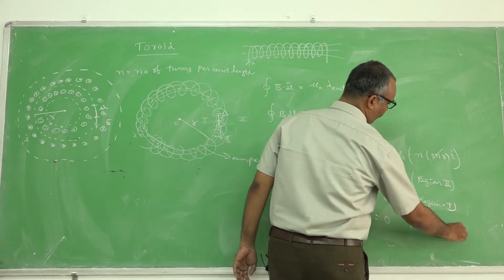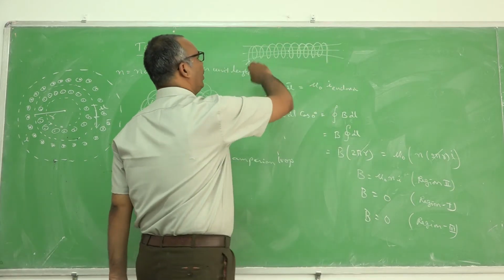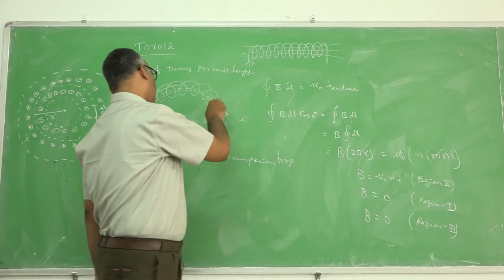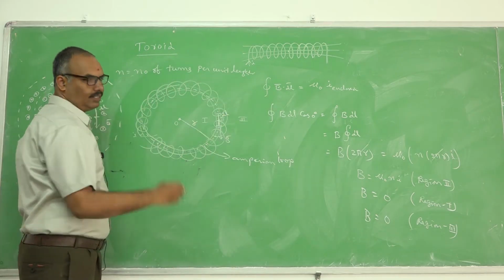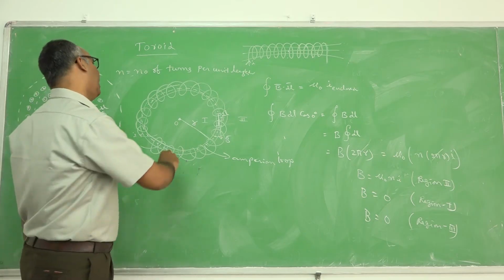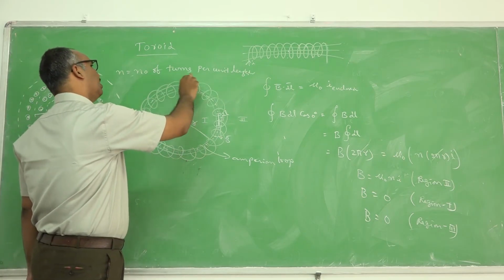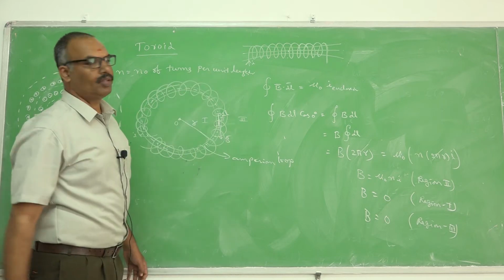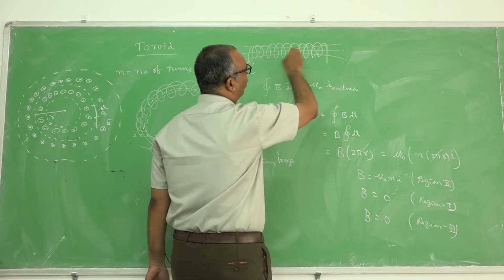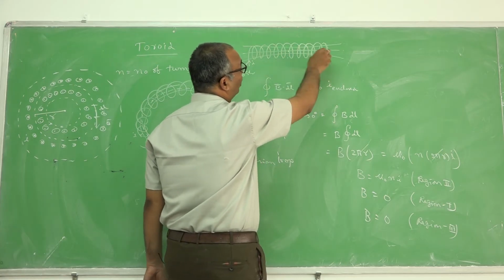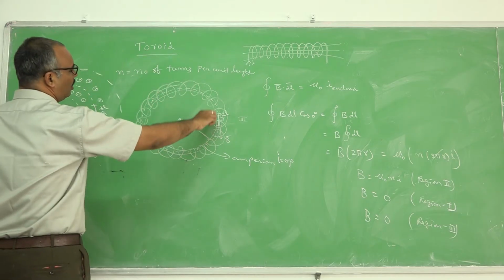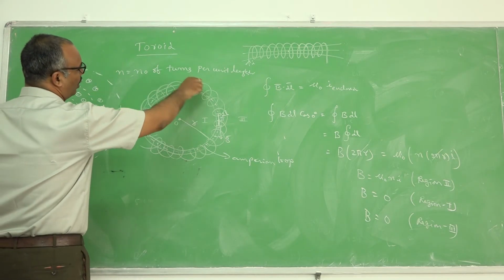Clearly, whenever we wound the solenoid in the form of a circle like this, such an arrangement is called a toroid. A toroid provides a uniform magnetic field in circular shape. A solenoid provides an almost uniform magnetic field in the horizontal direction, in a straight line path. It provides concentric circle-like magnetic lines of force.